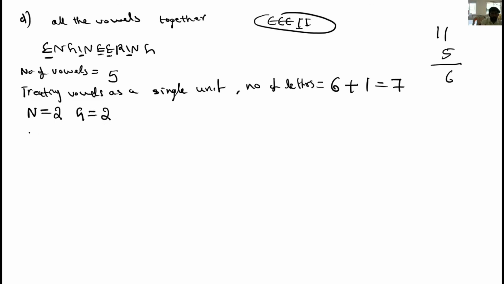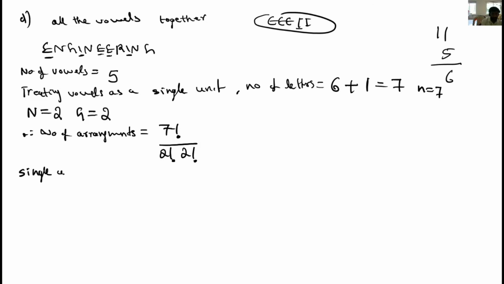So therefore number of arrangements equal to 7 factorial. N value is equal to, see, small letter n, total number of objects n equal to 7, right? N factorial by 2 factorial into 2 factorial. Then come to the single unit. The single unit having 5 letters can be arranged in